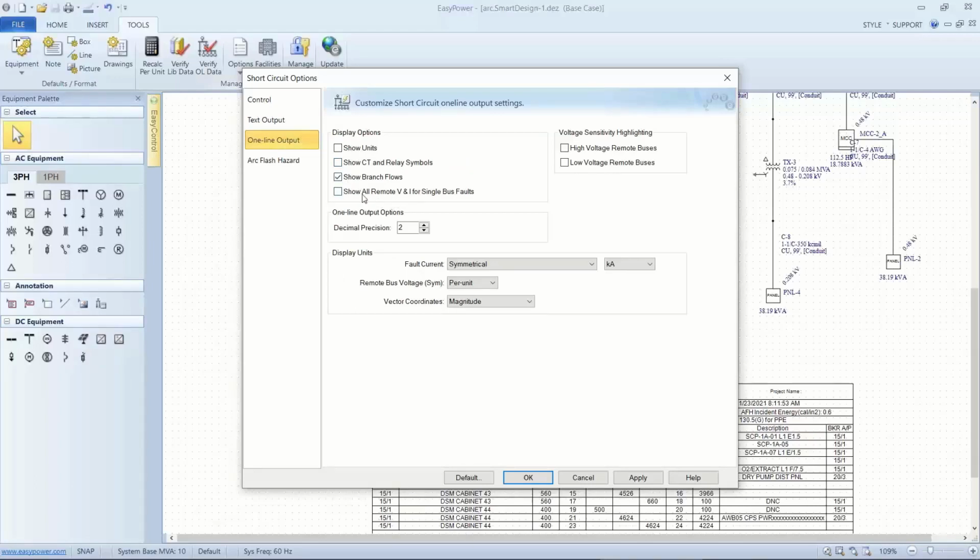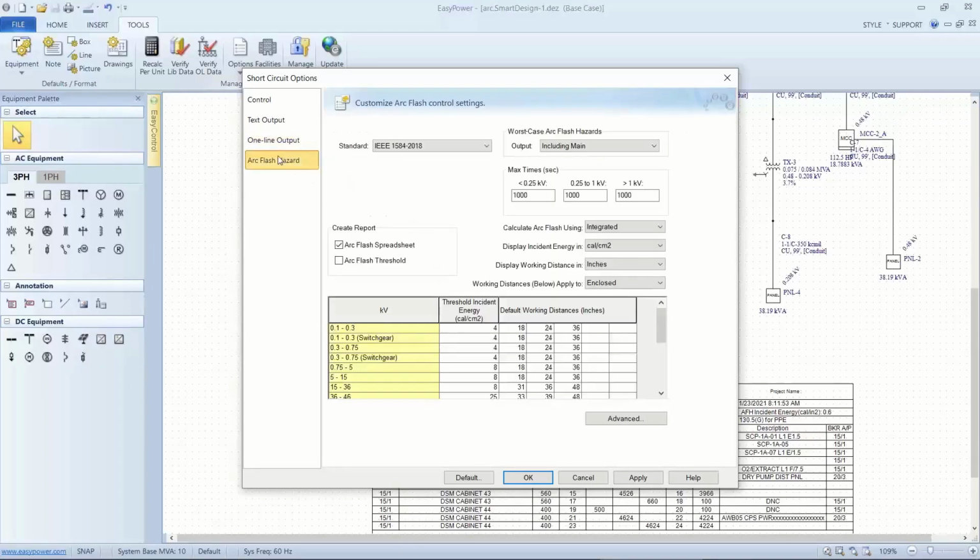Normally I like to show remote voltage and current, and then the same setup for arc flash. We probably want to exclude the main and potentially use the 2-second rule. Now all that can be set up and saved for the project,